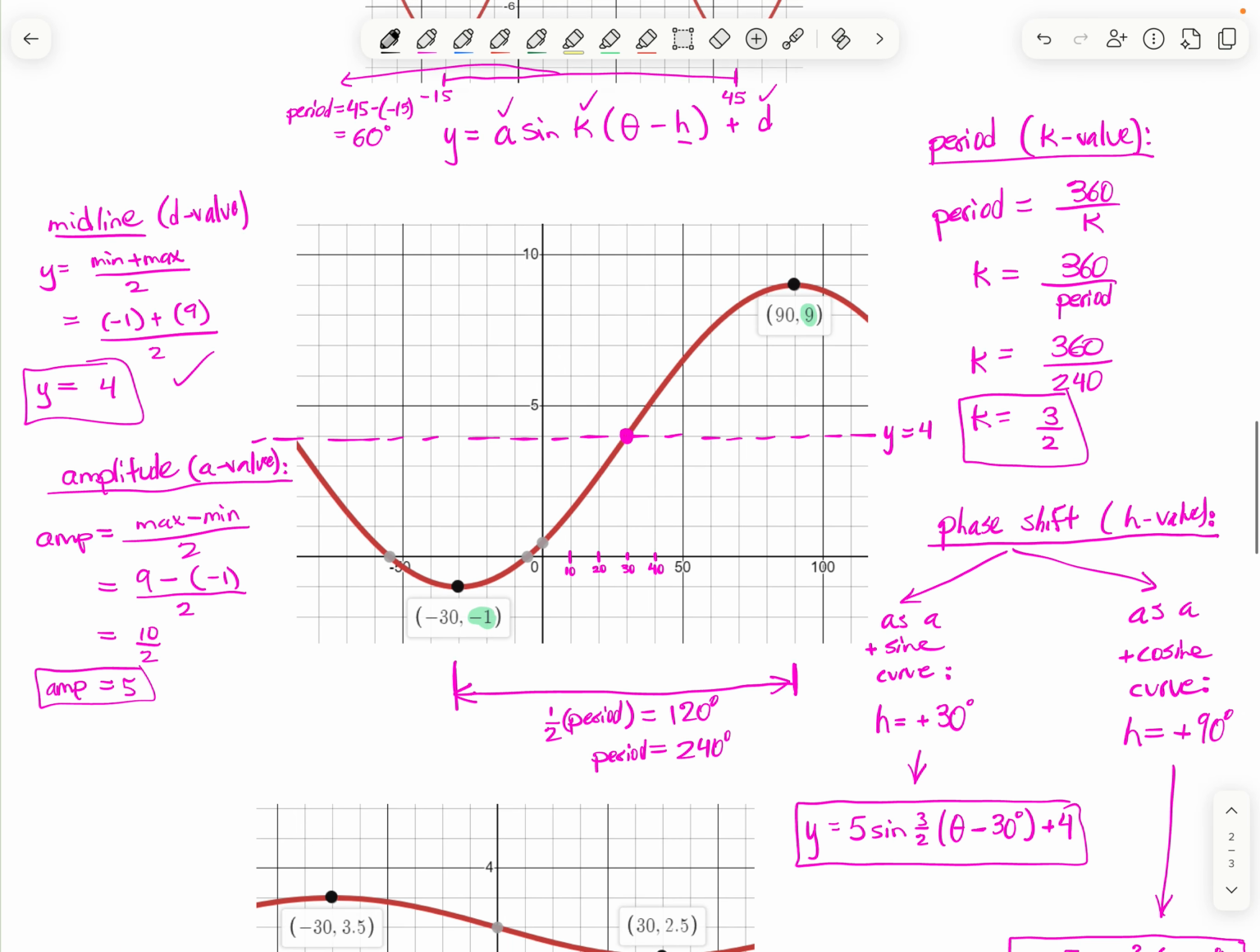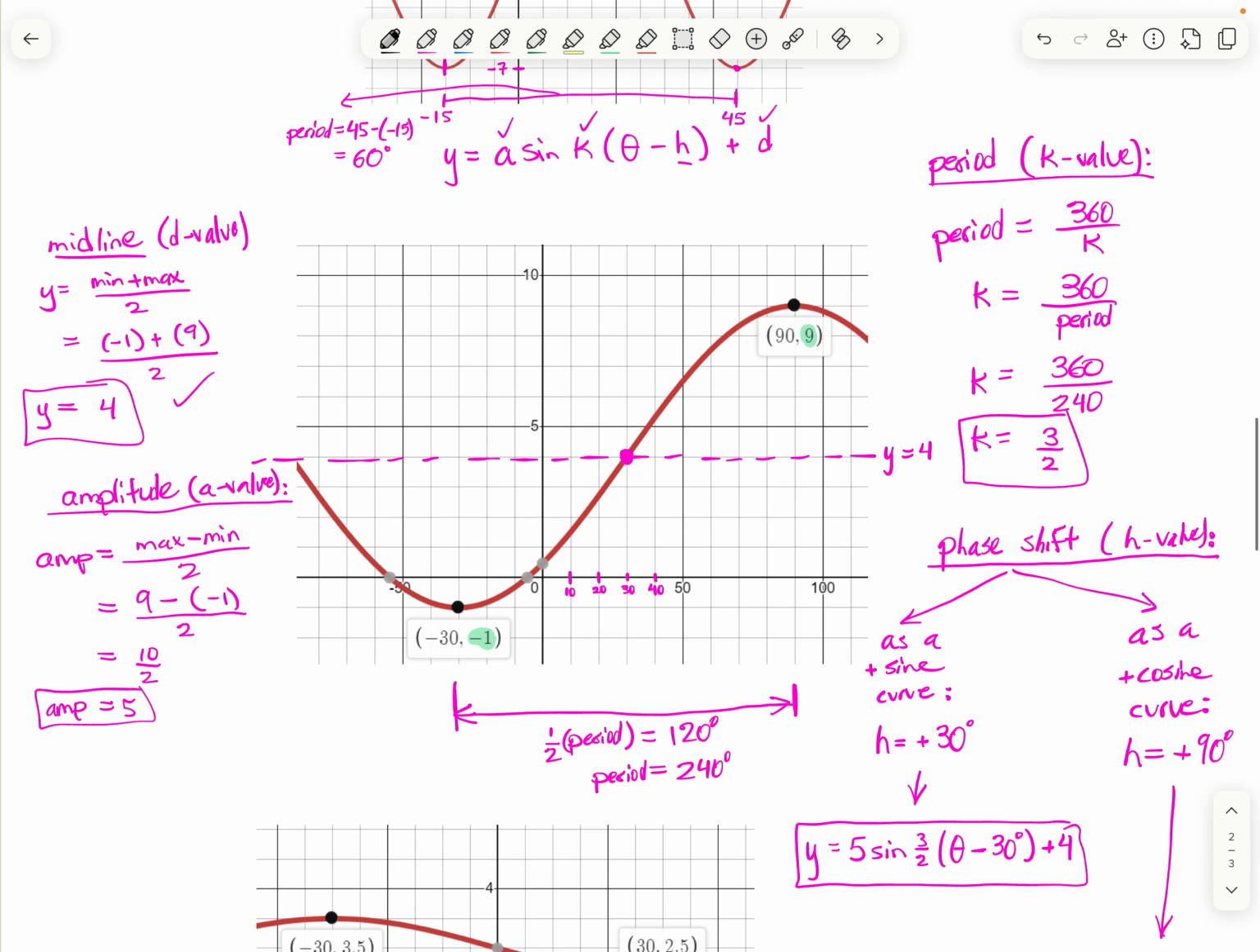So here is one that I kind of did before. It's annotated. Find the midline, or the d value, max plus min divided by 2. Here the max is 9, the minimum is -1. So we could see the midline is 4. The amplitude, or the a value, is going to be max minus min divided by 2. So amplitude 5. What's interesting about this one is that it's not intuitive to see